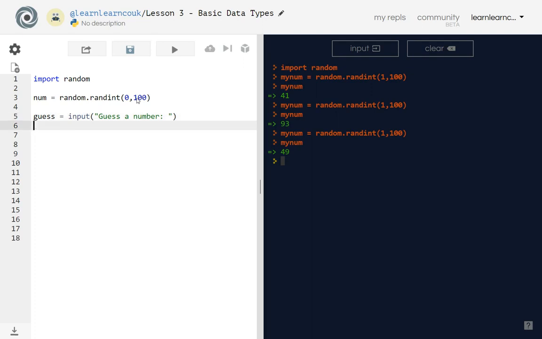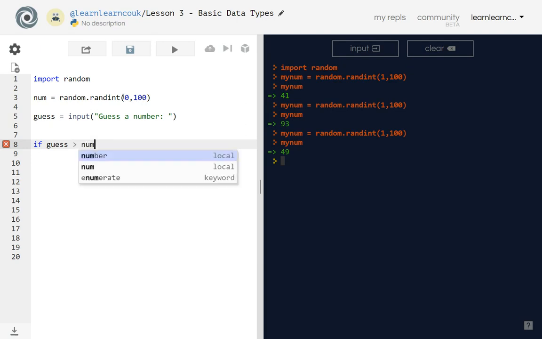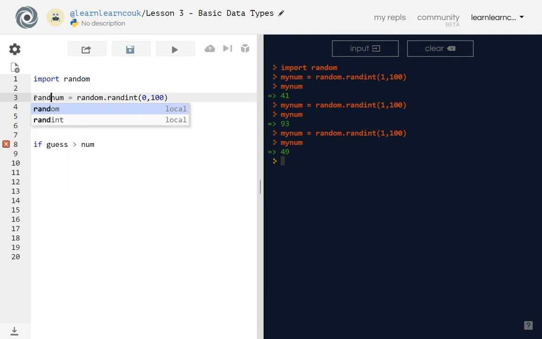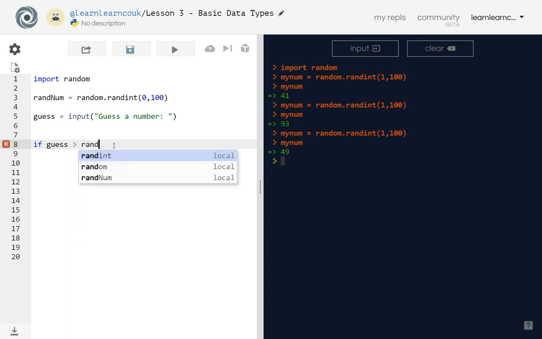So we can guess a number, and then we can do a nice simple thing. If guess is higher than num, but let's call that random. There we go, just to random. If the guess is higher than the random num, then print